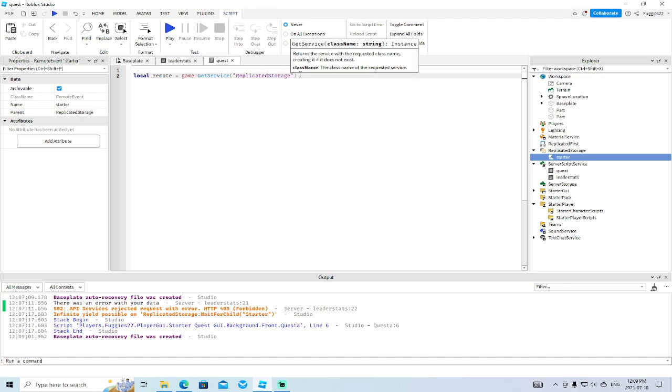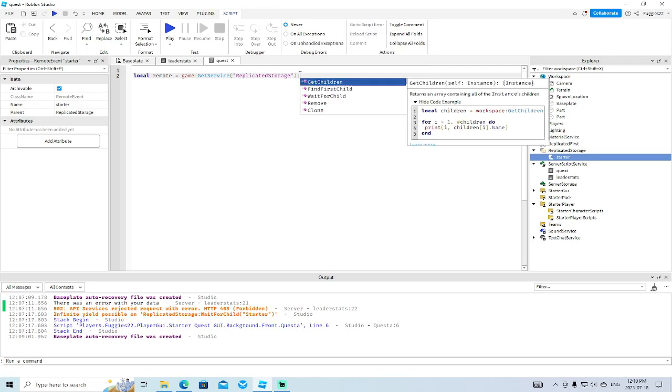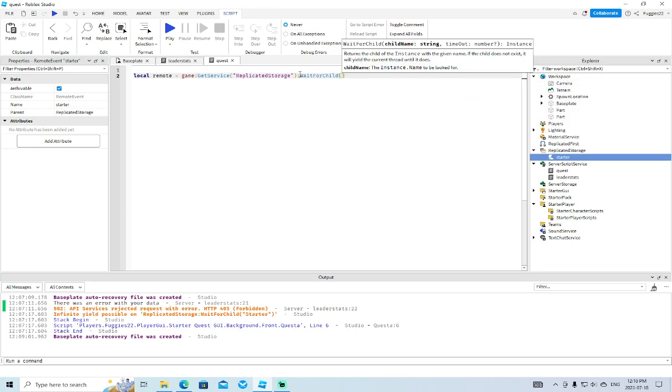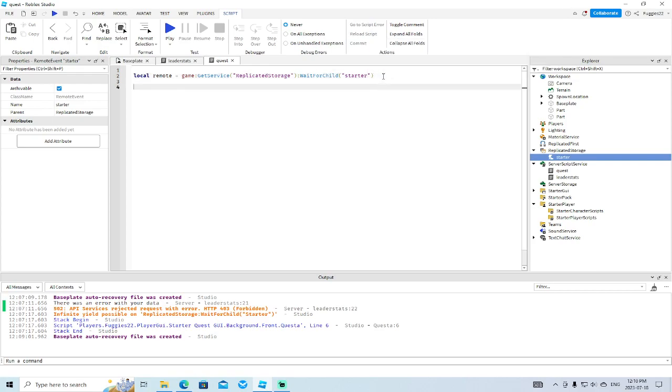Replicated storage. This is one way of doing it. Or you can go game.ReplicatedStorage.Starter. Okay, let's see. We'll go WaitForChild Starter. Yeah, WaitForChild Starter. See, and it found it. Perfect. Okay, so it's going to wait for this. The script won't run until someone triggers the remote event. So the first thing we're going to do, the first part of this,